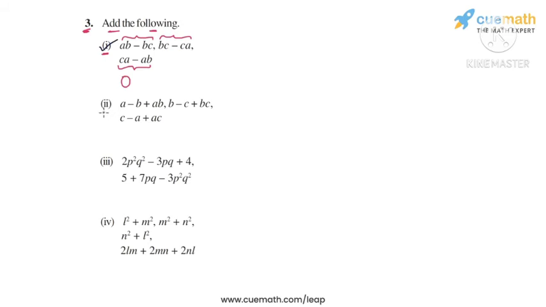Now coming to the second part, the three expressions are A minus B plus AB, B minus C plus BC, and C minus A plus AC. So once again we will write the three expressions in separate rows such that the like terms are written one below the other. So the first expression is A minus B plus AB. Then we add the second expression, which is B minus C. So B we will write below minus B. Then we have minus C, which we write separately. And then we have a plus BC term, which we write separately.